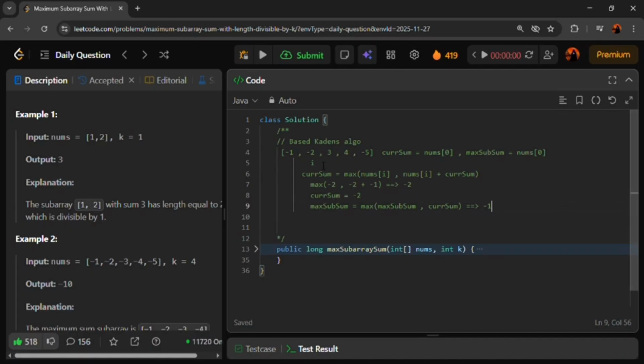Now we move on to the next index, that is i equals 2. Now we check that the current sum changes because nums of i is 3, and when we add the new nums of i to the previous subarray,